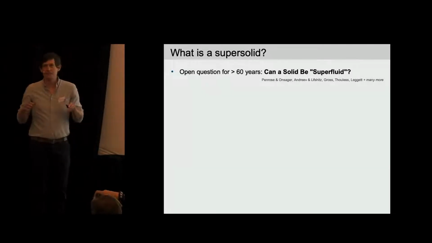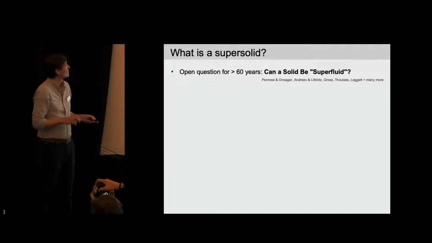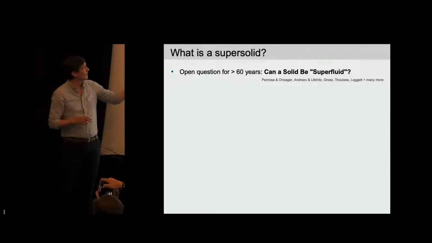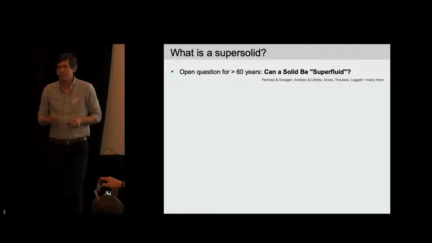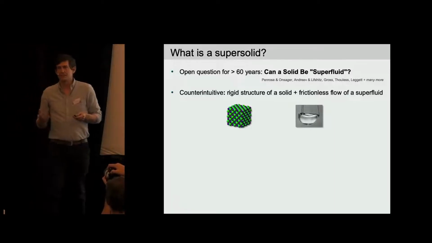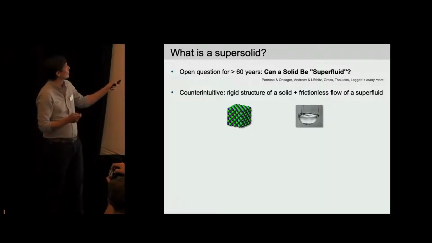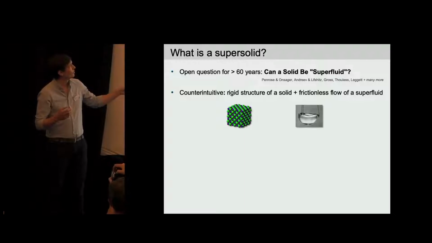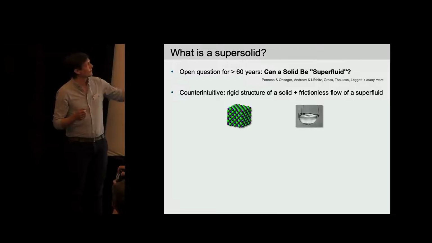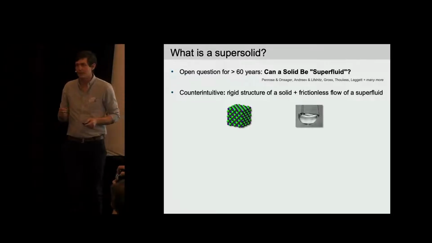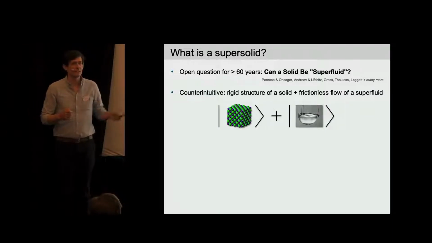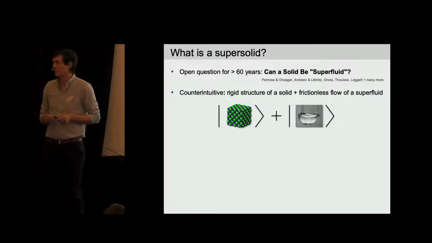That can basically be boiled down to a very old question, whether a solid can also be a superfluid at the same time. And you see, quite a lot of people have been thinking about this question, because it is really a counterintuitive thing. You're supposed to have a state of matter that has both the rigid crystalline structure of a solid and, at the same time, the frictionless flow of a superfluid. And the plus sign here in the center, I really mean as a kind of quotation mark, quantum superposition of these two states of matter.